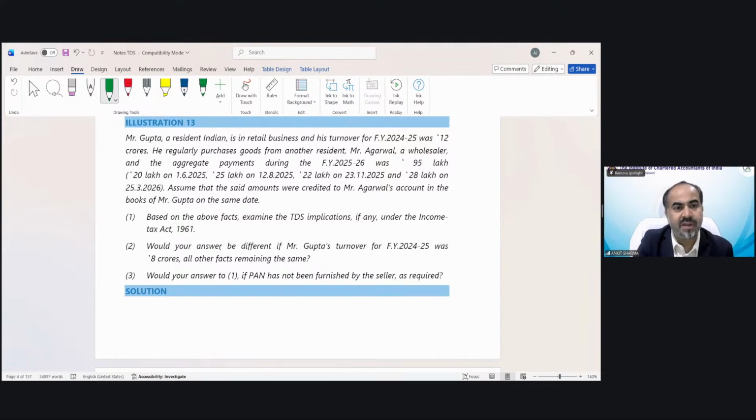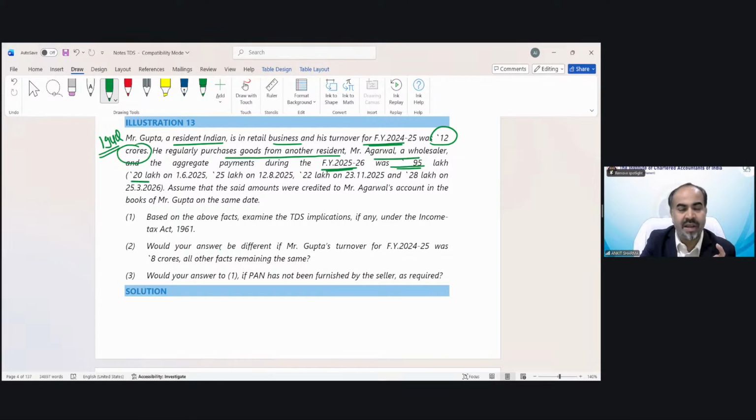Again, this is for section 194Q. Let's solve this. Mr. Gupta, a resident Indian, is in retail business. His turnover for financial year 24-25 is 12 crores. So he does fall in the definition of payer. Section 194Q needs the turnover exceeding 10 crores. So turnover is 12 crore. He regularly purchased from another resident, Mr. Agarwal, a wholesaler, and the aggregate payment has been made like this: 95 lakh aggregate, but it has been done